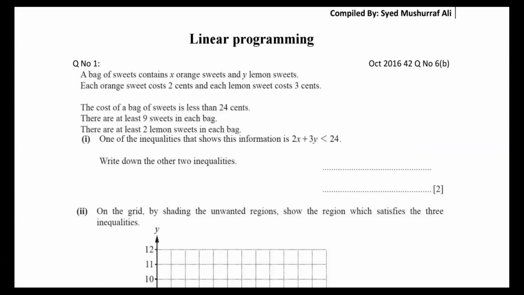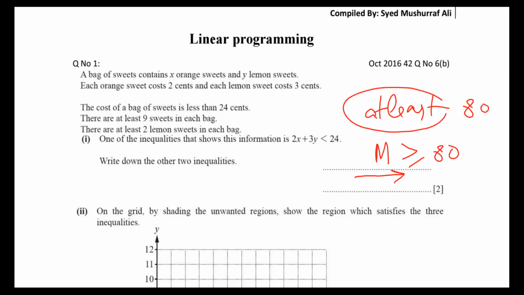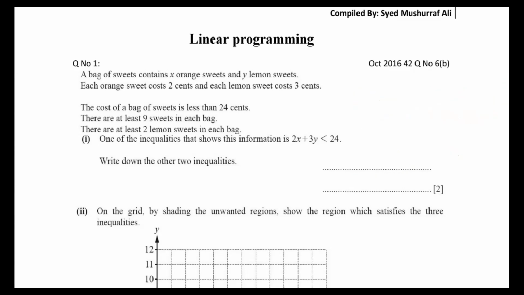And what is the meaning of the words at least? For example, your father says that I need at least 50 marks. Can I say marks is 50 and more? Yes, understood. For example, your father says, I need at least 70 marks from you. It means M stands for marks, and at least 70 marks means 70 and above. If your father says at least 80 marks, M is bigger than or equal to 80. We have to read from this end, the mouth open means bigger. I hope you're understanding the concept. So whenever the words at least come, it means this value and more.